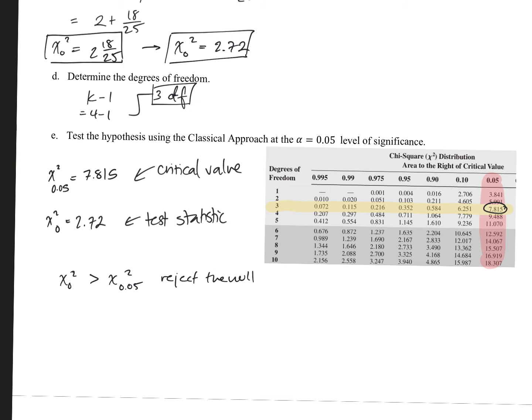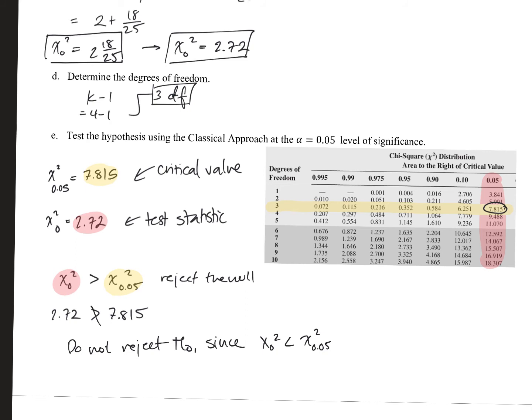However, we have 2.72 is our test statistic, and 7.815 is our critical value, which is not greater. So that is not greater than. So what are we going to say? Well, because it's not greater than, we do not reject the null hypothesis. Since our test statistic is less than our critical value,